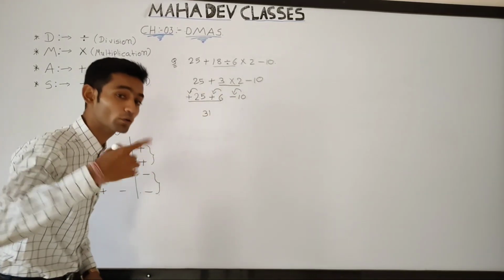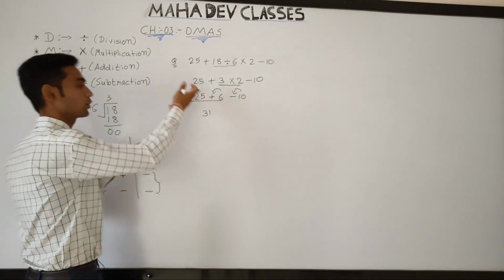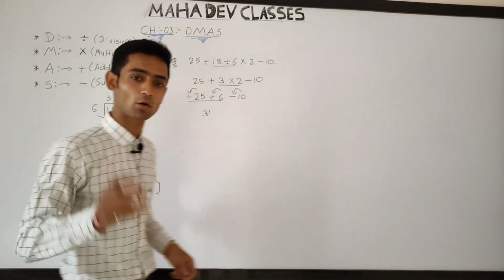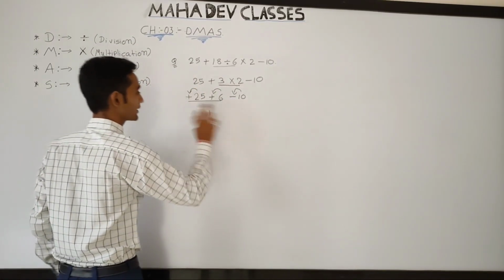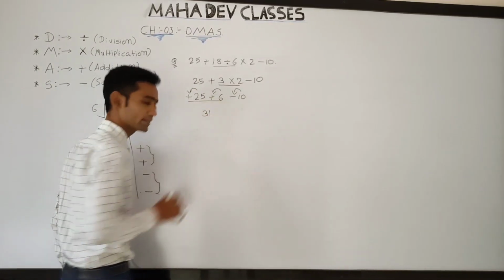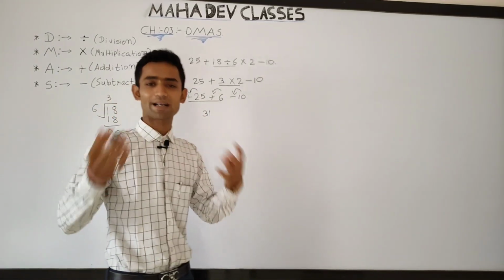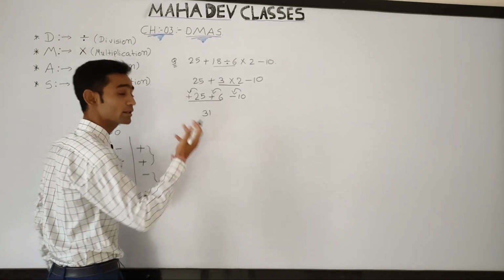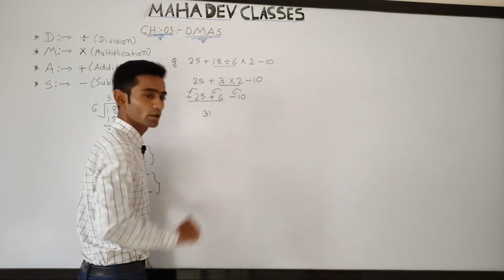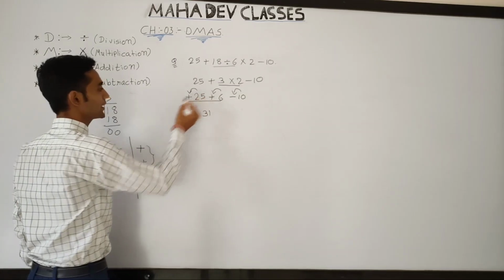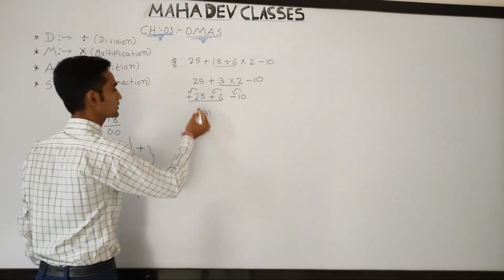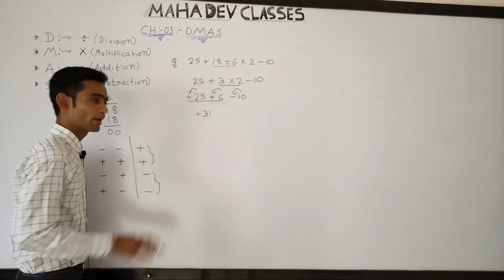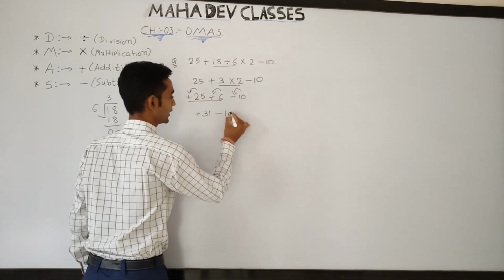Now after doing the process of addition or subtraction, you have to put the symbol of the bigger number. For example, 25 and 6, you did the addition, but now you have to put the symbol of the bigger one. Tell me which one is bigger, 25 or 6? You can easily say that 25 is the bigger number, so you have to put the sign of that bigger one, which is plus. And now the rest is minus 10.